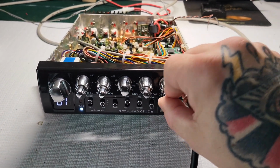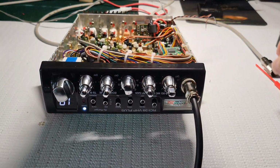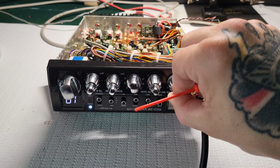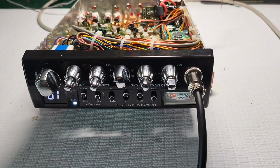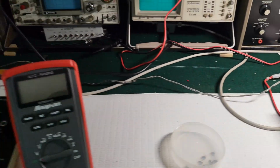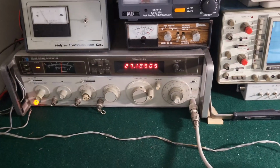We can do a power test, I guess, as well. But let me go back to the signal generator. I see some people out there, and I'm not going to call out anybody. That's not what I do here. But some people I see on YouTube that have the same signal generator